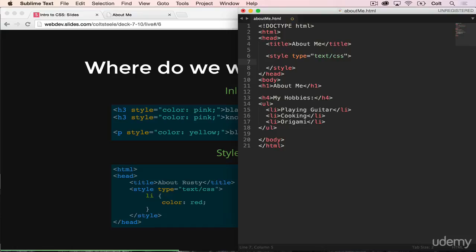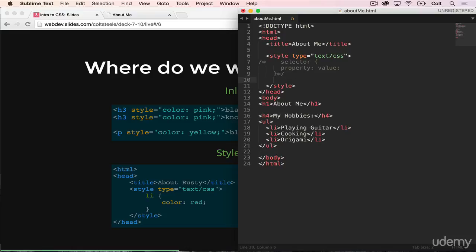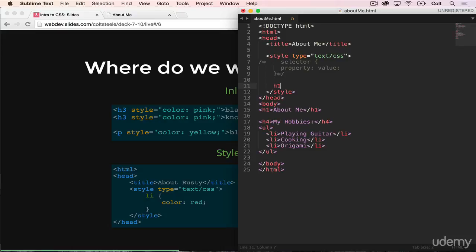So remember, this is the general rule: selector, and then we have property inside the curly braces, and then value, and then a semicolon. So I'm going to comment this out. By the way, to do comments in CSS, use slash and the asterisk, and then asterisk and slash. So I'm going to leave this here, and let's start by changing the H1 to be purple. So the way that we write that, if we follow this pattern, we select it. So we're going to write H1,